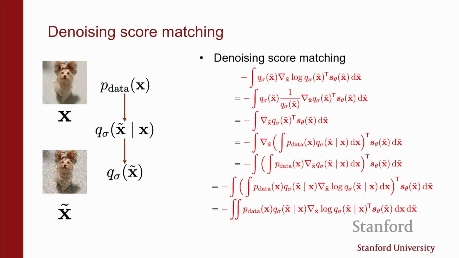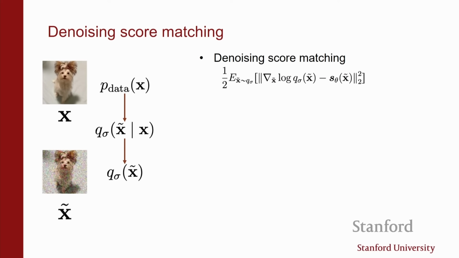And now you push the expectation out, and we basically have an expression that looks very much like the original one that we started with, but we no longer have to deal with this gradient of the log data density perturbed with noise, but we have to look at the gradient of this conditional distribution of x tilde given x, which is just a Gaussian density. And so overall, we've rewritten this complicated object up here into something that is a little bit simpler, because now it involves only the score of this Q sigma of x tilde given x, which is just going to be Gaussian.